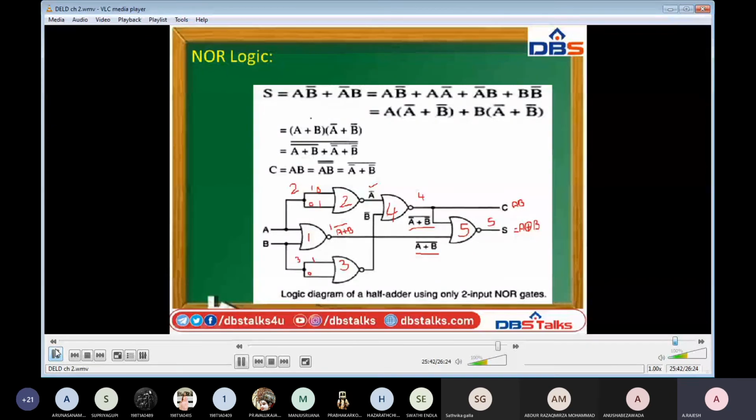Okay, see here, S is equal to AB complement plus A complement B. Again, they have multiplied with A into A complement plus B complement plus B into A complement plus B complement. So A plus B into A plus B complement. But again by complementing it, A plus B whole complement plus A complement plus B complement whole complement. They have minimized this one. Okay, so in this way we are going to draw the logic circuit of a half adder using NAND gates and NOR gates. So that's all for today's class.